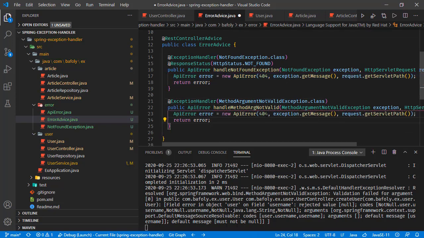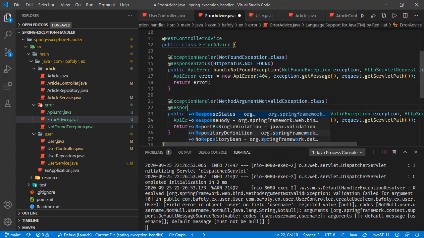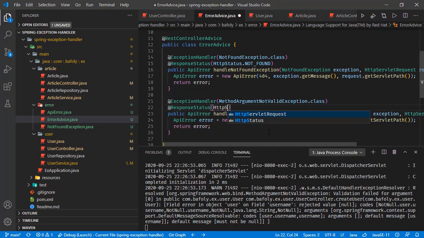This time we are going to send the response status as 400, and also let's update this part. This is going to be response status HttpStatus.BAD_REQUEST 400, and we get the message from the exception, and that's it. Saving this one,